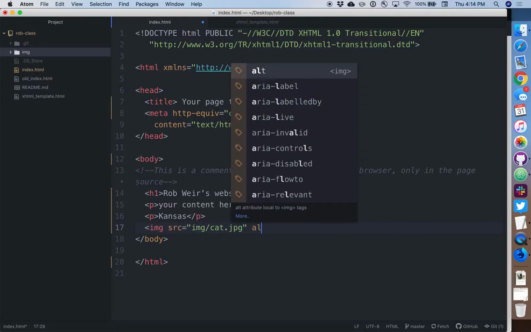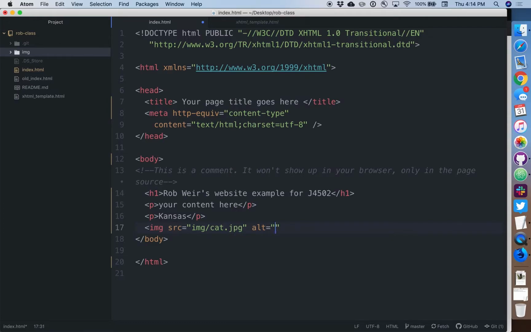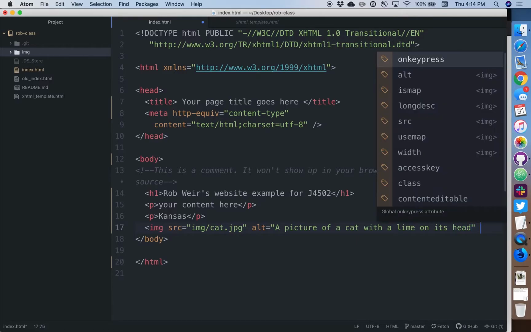Next thing I'm going to do is add alt text to this. This is what would show up if the image weren't there or if somebody couldn't see the image. So I'm just going to say a picture of a cat with a lime on its head. And that's pretty descriptive, and then I need to end this